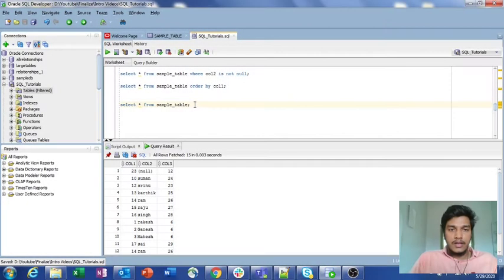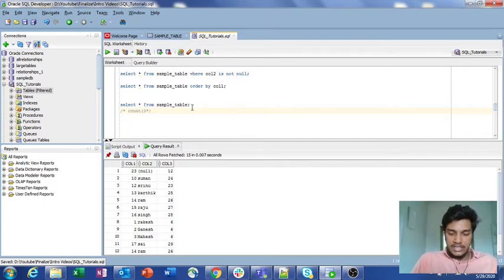Okay guys, let us see what contents are present in our table here. If you do select star from sample table, it will retrieve all the values here, with duplicates. So I don't want to execute that, I am just leaving it. Now what I want is to do the aggregating operations. So the basic aggregating operations that we have are